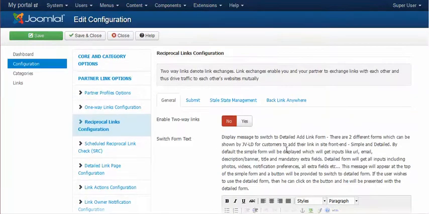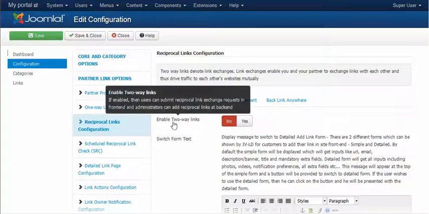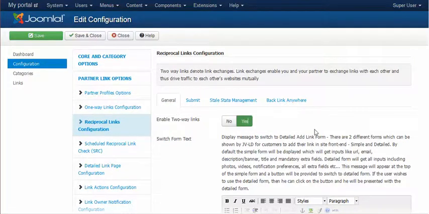Now as you see, the most important option that you must enable if you wish to exchange links with your partners is the enable two-way links configuration. So select this to yes.